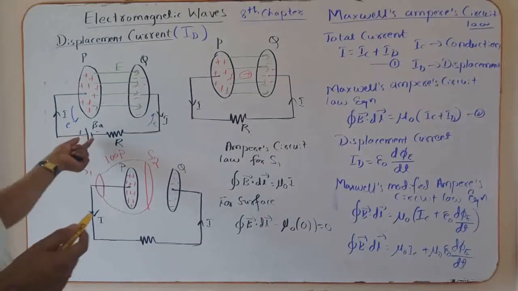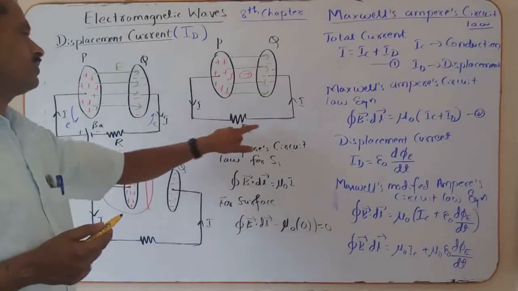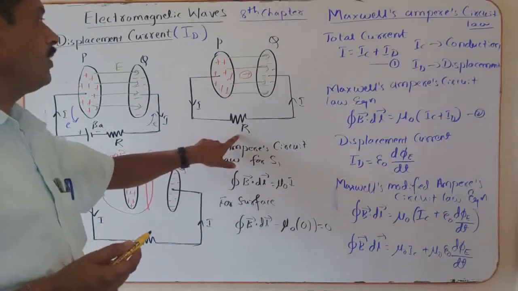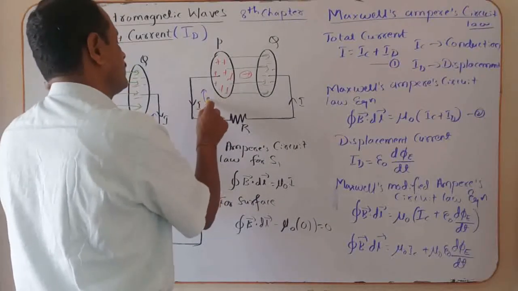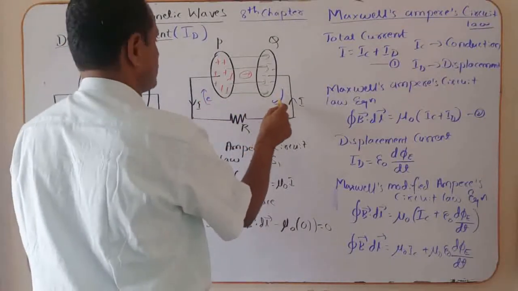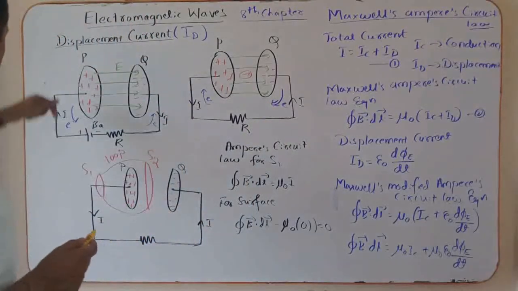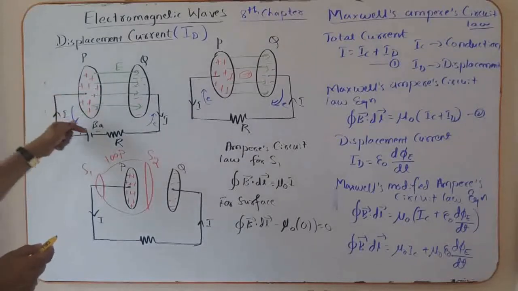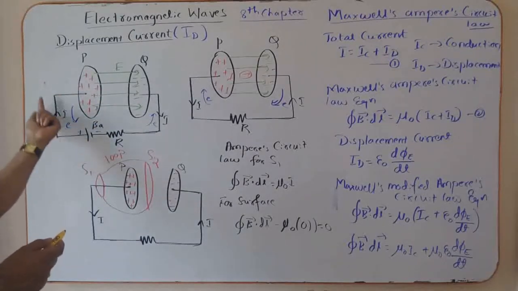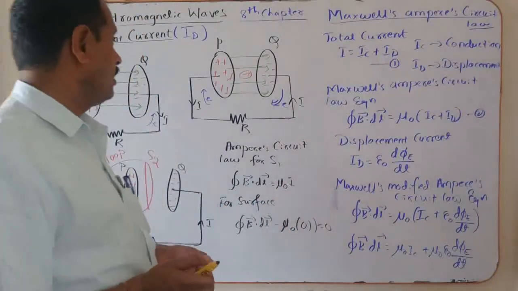Now you remove the battery and short the circuit with the help of the resistance. At that time the electrons flow in the reverse direction, so the current also flows in the reverse direction. In the previous case electrons flowed in the other direction. Current always flows opposite to the flow of electrons. That concept is already known.